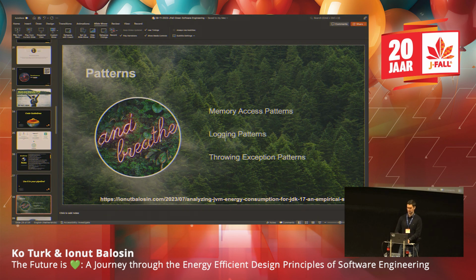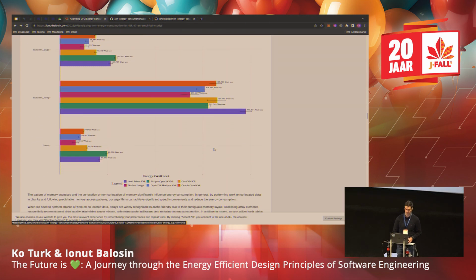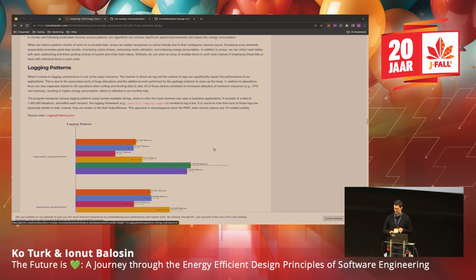About logging, we all use logs. The problem with logs is that when you log, the library itself creates a lot of garbage, and of course this adds more garbage collector cycles.